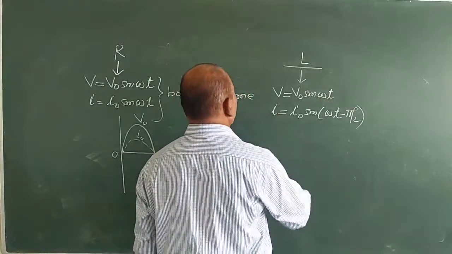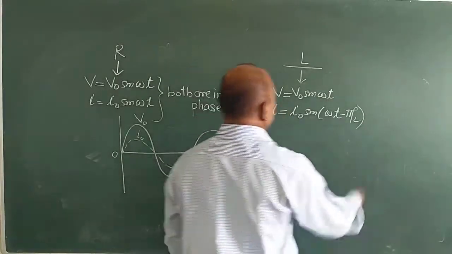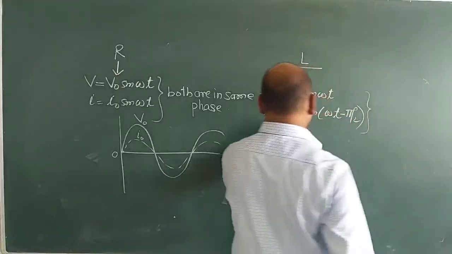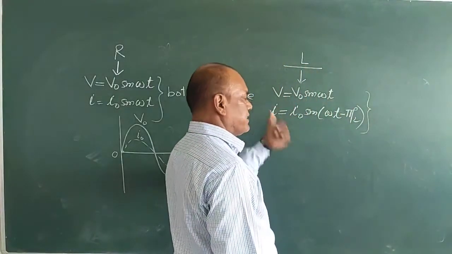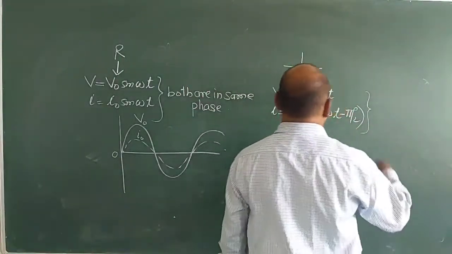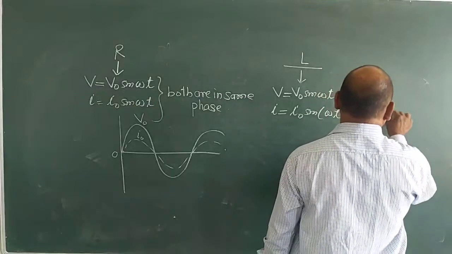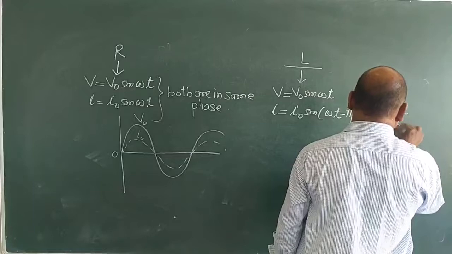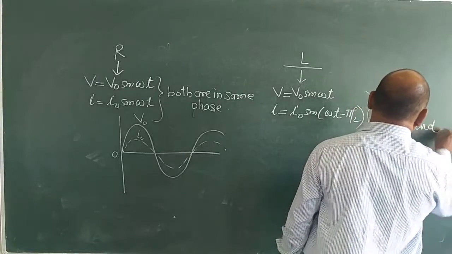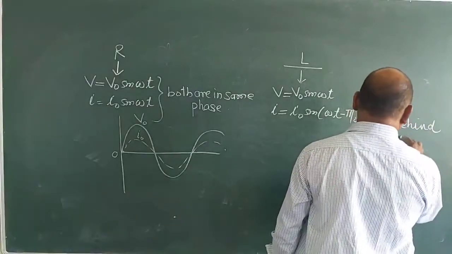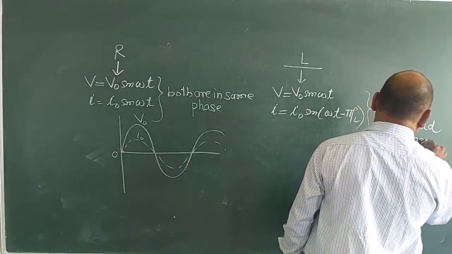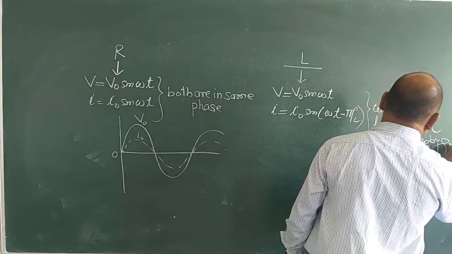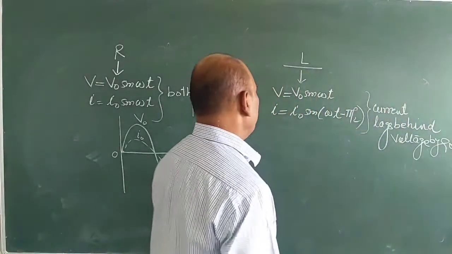So from here there is a phase difference between voltage and current. So what you can say is that current lags behind voltage by 90 degrees,